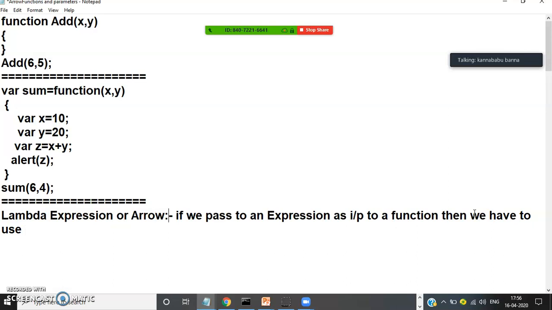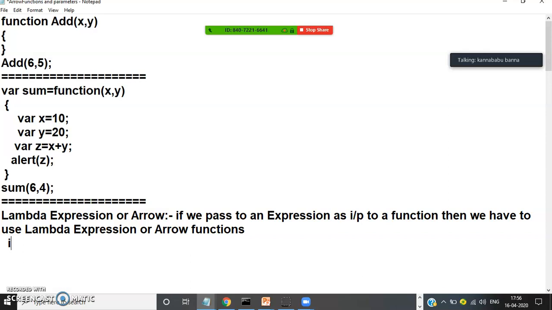Until now, in any language you could only send a variable as input. But now in any language, TypeScript or JavaScript or C# or Java or Python, anywhere, you can send an expression as input to a function, that is a lambda expression.